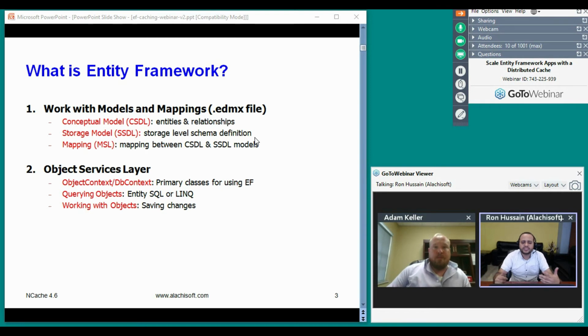And then we have the object services layer, the objects that you actually use inside your application. You have an object context, a DB context. This is the primary class for Entity Framework. And then you query everything using typical SQL or LINQ queries on top of your